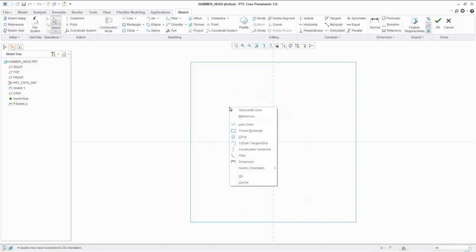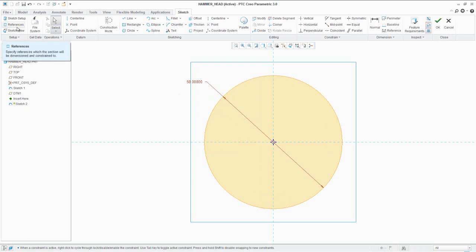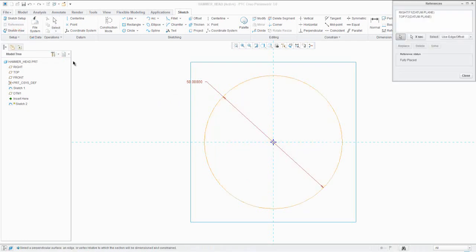Draw a circle of 50 mm diameter. Use the reference tool to take references of these vertices of the previously drawn square.